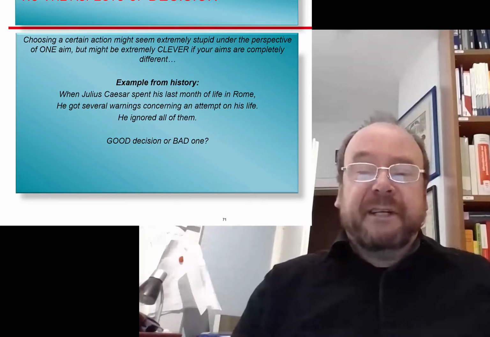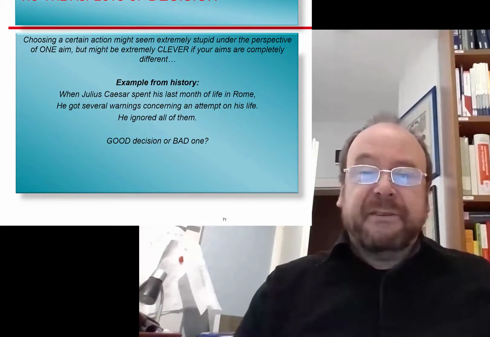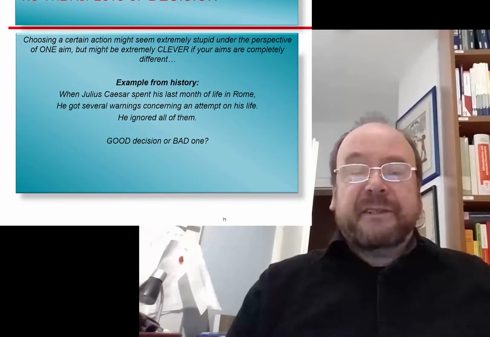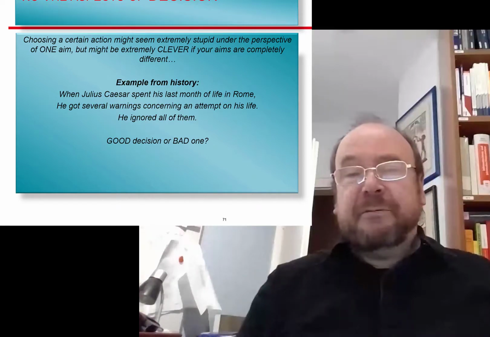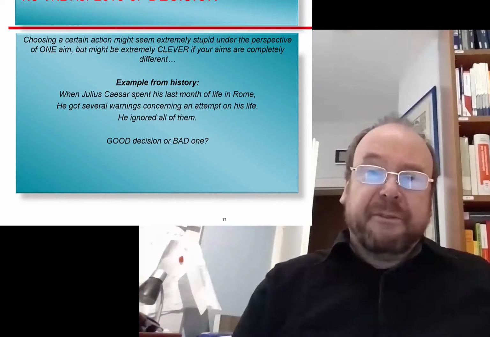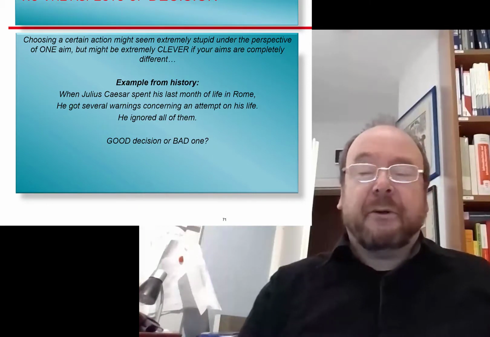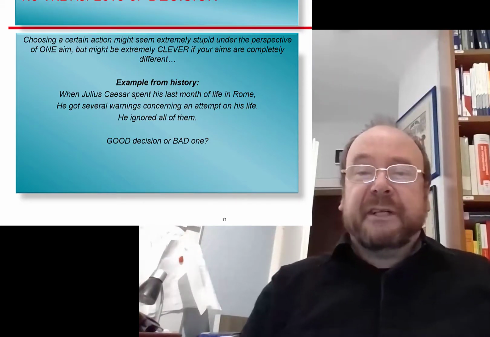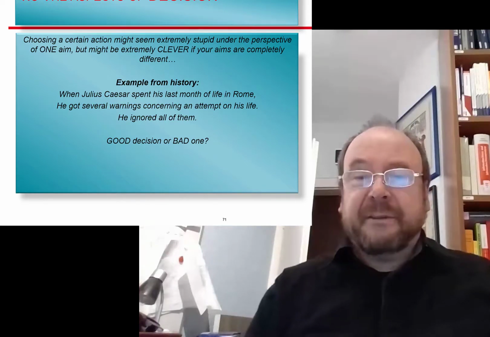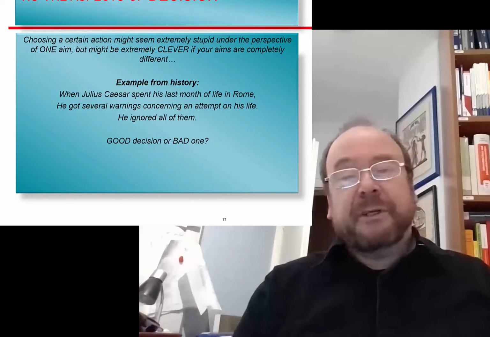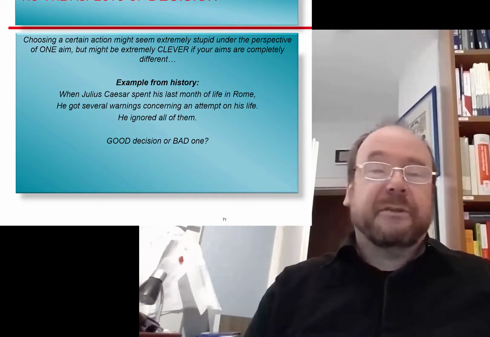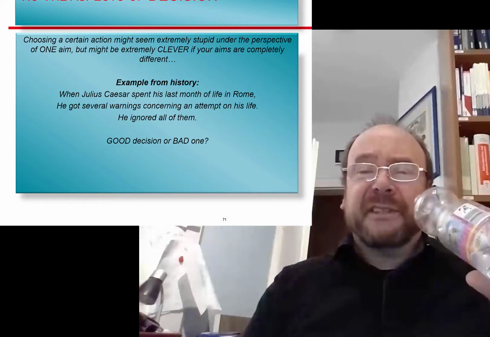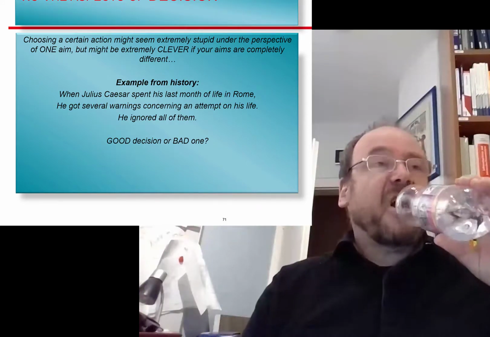And the assassination attempt, that was the interesting thing, was always announced to him by informants. He got several warnings from different people in advance, and they all ignored them. For example, when he had been murdered, one detected he had got 20 letters that day, and he passed on 19 to his secretary, and one was found on his dead body, and that contained a warning that he was going to be murdered or should not go to the Senate this day. Now,